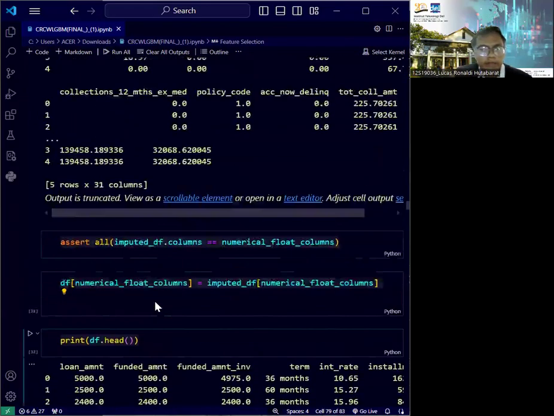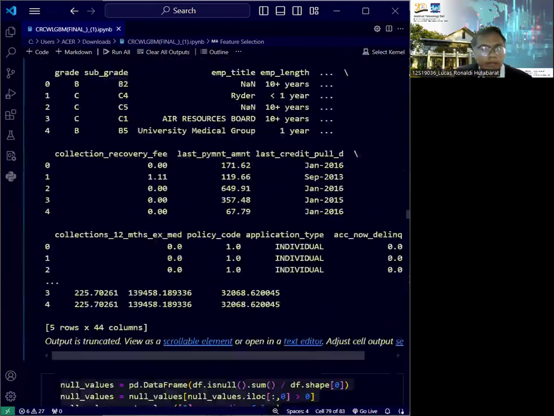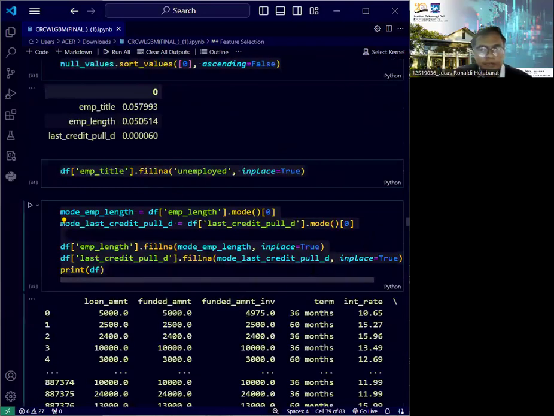Next, we handle categorical missing values. We handle missing values in categorical columns by filling them with appropriate values like the mode or a placeholder.